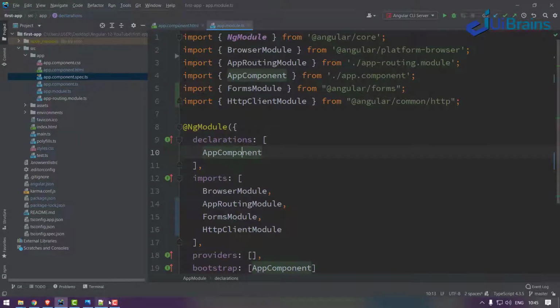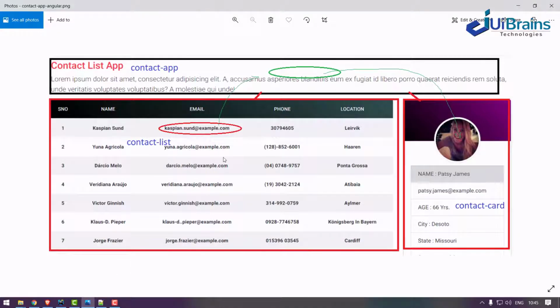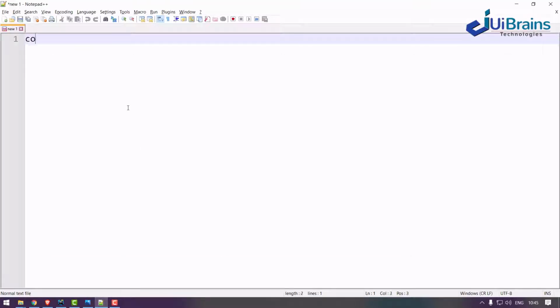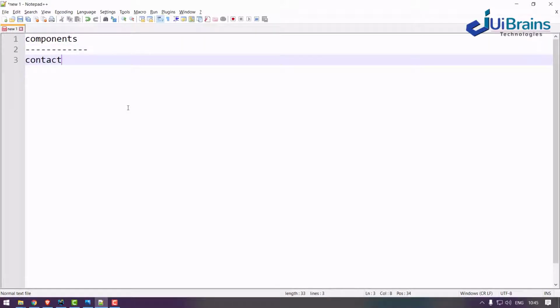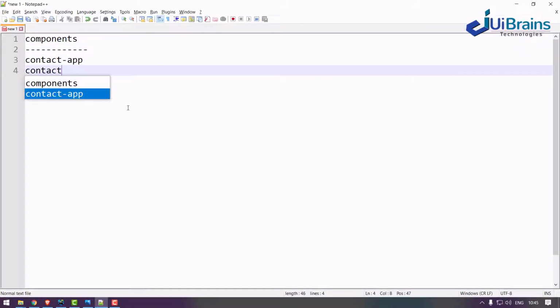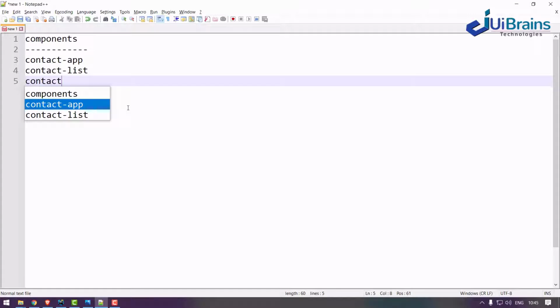When you see this application, there are multiple components: contact app, contact list, and contact card. So the first thing we require is components.